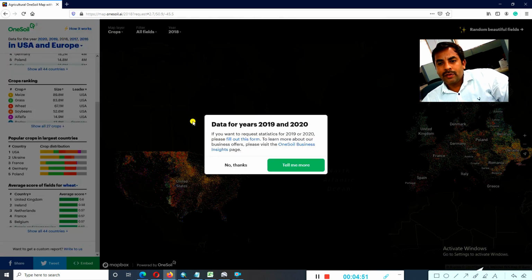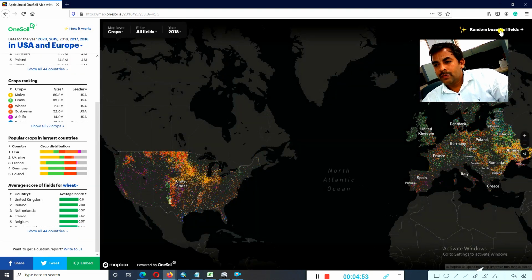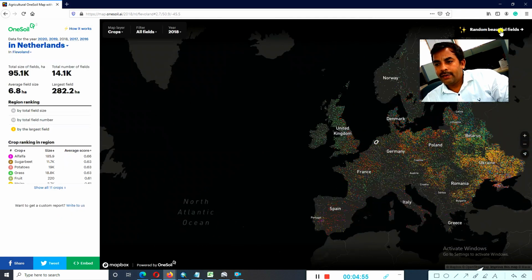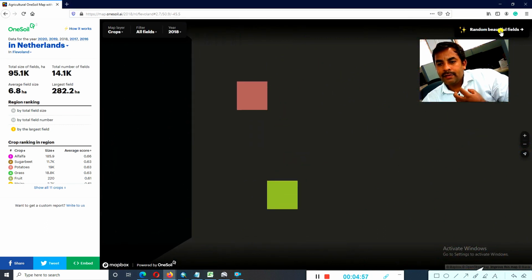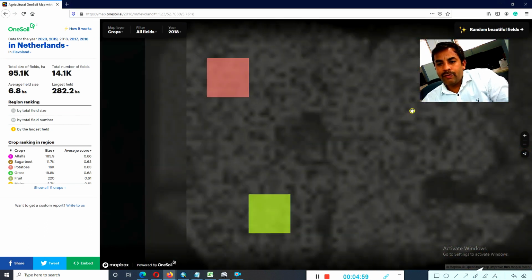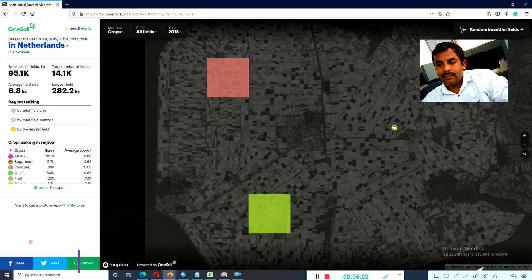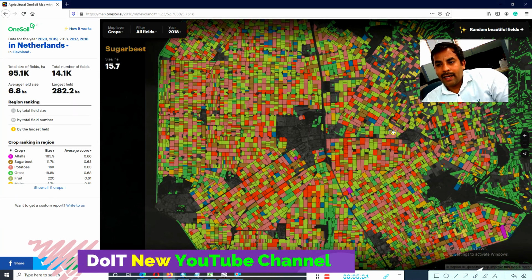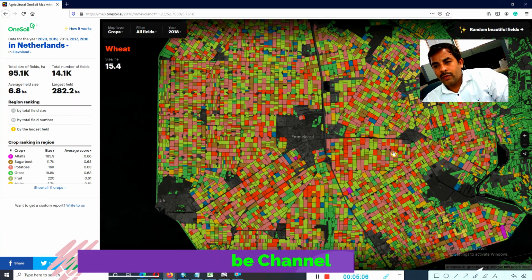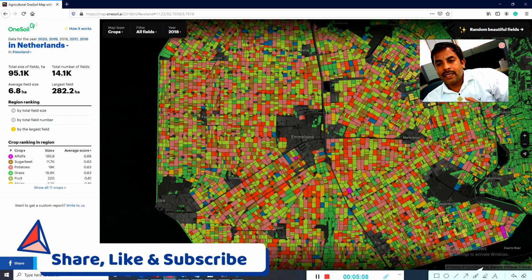Here you can also choose the year. Select the random map and click on that. You can see a most beautiful polygon design for the crop land. You can see nice, wonderful crop design here.